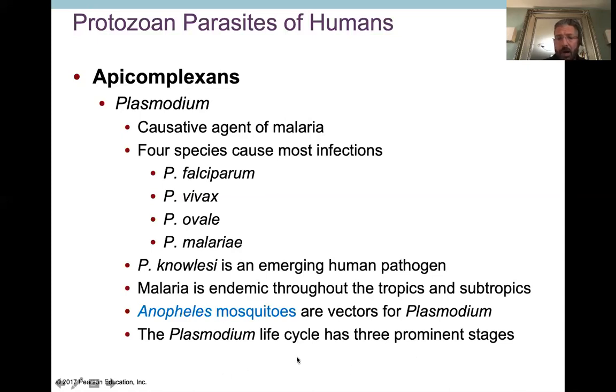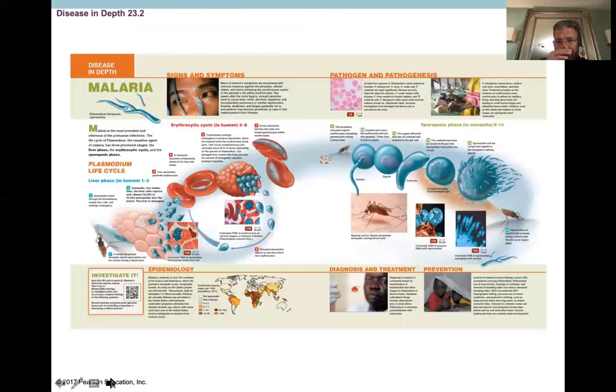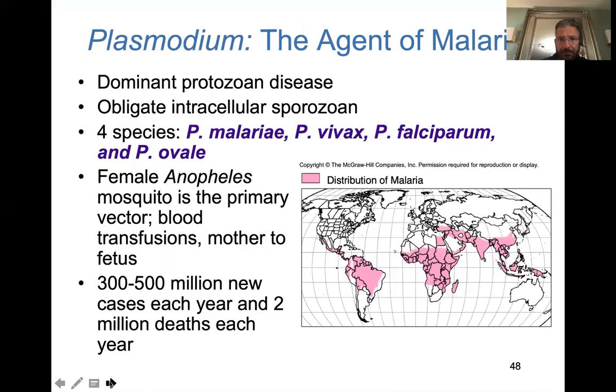Plasmodium life cycle has 3 prominent stages. Right. This is from Pearson. It's a really good pictorial of it, but like I said, I'm not going to expect you guys to remember all that. It's not that important, I don't think. So just remember, if they give you a case study, patient traveled to wherever, you're going to think of one of these regions south of the equator, where the temperature is warm enough for these mosquitoes to live and propagate.